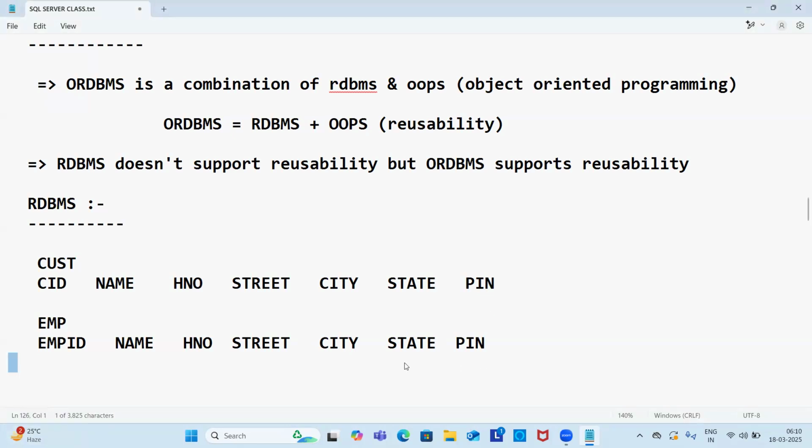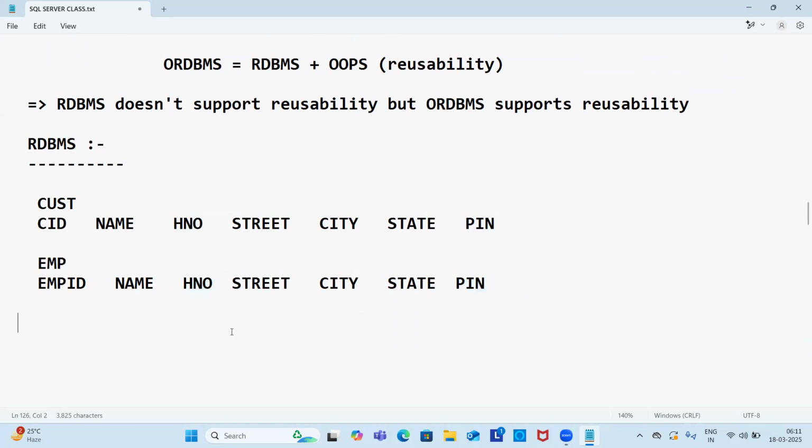So here, in a number of tables, address is repeated. When address is repeated, all the 5 fields are repeated. You need to repeat the 5 fields. You understood? When address is repeated, we are repeating these 5 fields. So instead of repeating this same